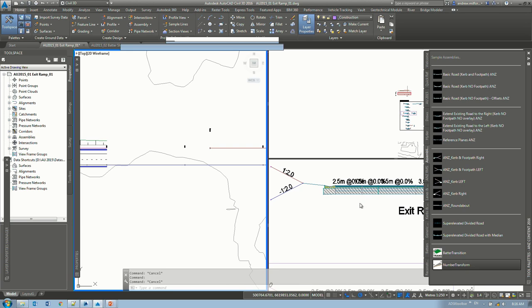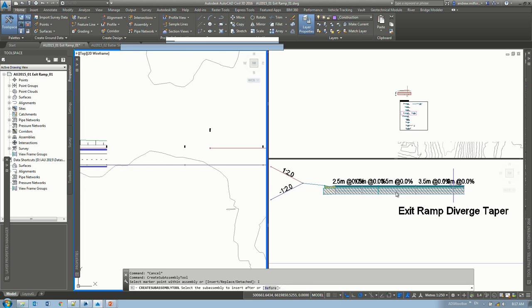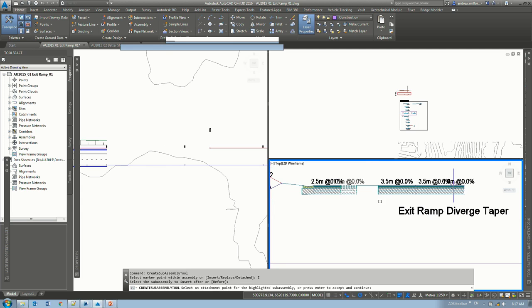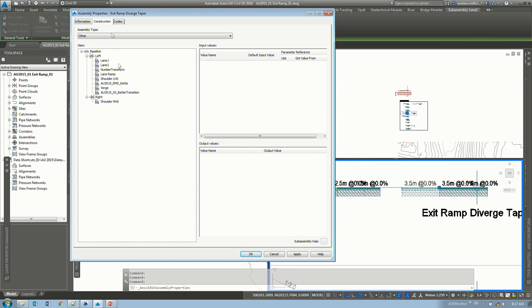Now all this is going to do, if I look at the parameter here, is give me value 1, value 2, and a transform type. I'm going to start at 0 offset, finish at 3.5, and insert it just after that second through lane pavement. It looks a little bit odd, but all we need to do is come into our assembly properties, and for this number transform, I like to give it a name, so I'm going to call it widen value,